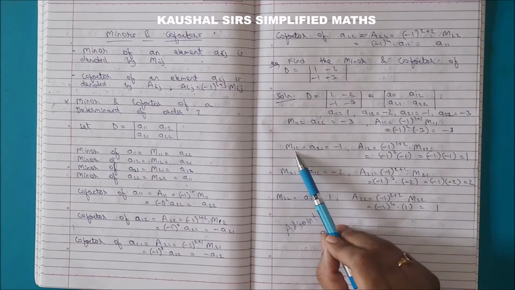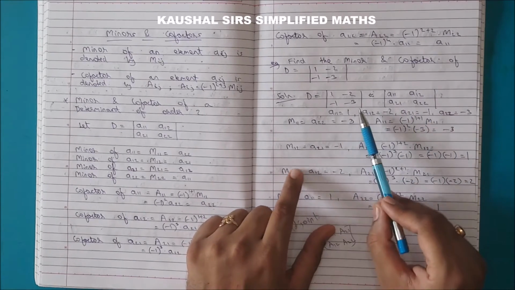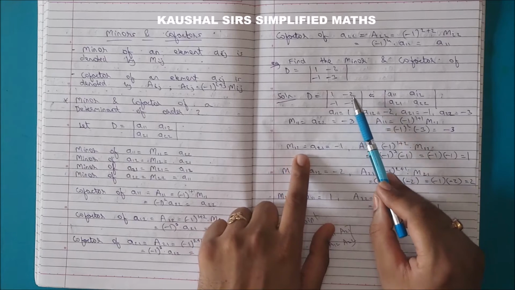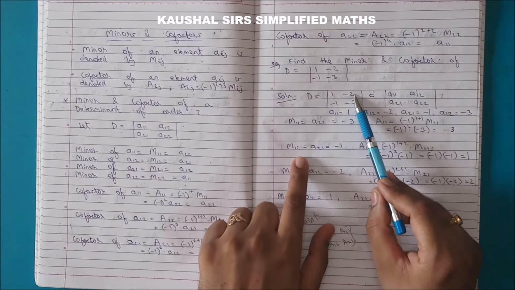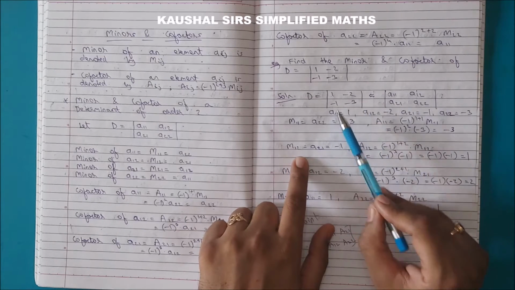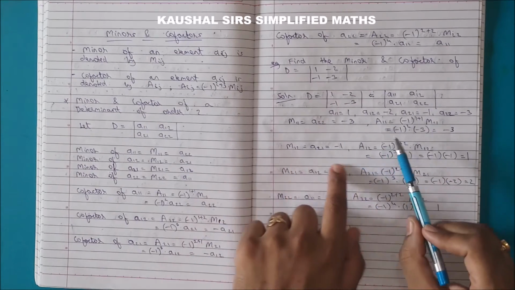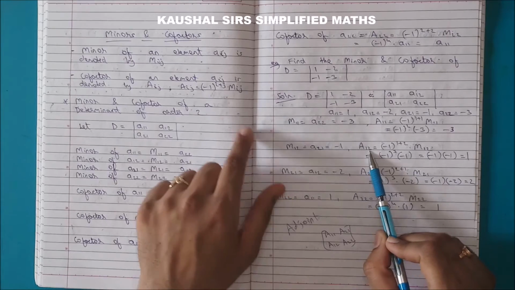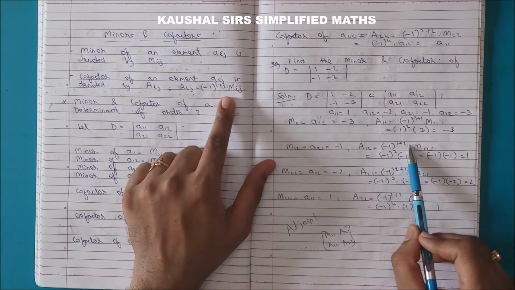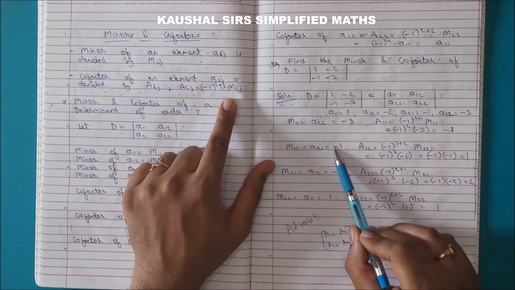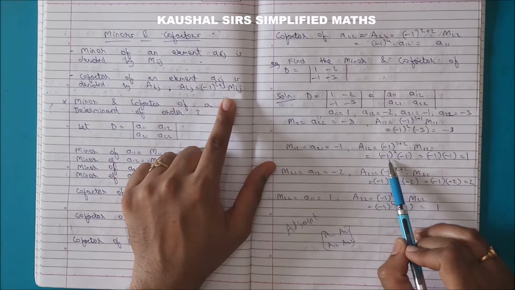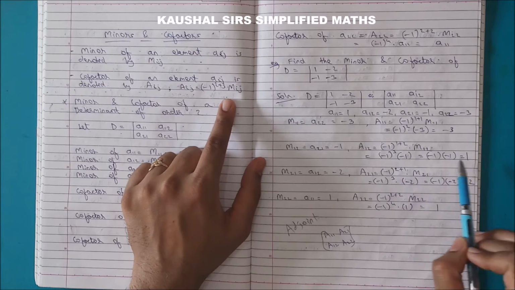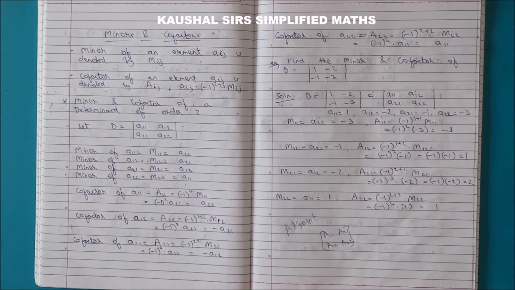Okay. Coming to minor of A12. इसका सिंबल होता है M12. तो इसका माइनर कौन सा हो गया? इसका डायगनली ऑपोजिट एलिमेंट है -1. क्लियर? तो वी गेट A12. दैट इज नोन एज कोफैक्टर ऑफ A12. द फॉर्मूला इज -1 रेज टू 1 plus 2 into M12. M12 का आंसर क्या है? -1. तो वी पुट द वैल्यूज. -1 raised to 3 is -1. तो -1 into -1 becomes +1.